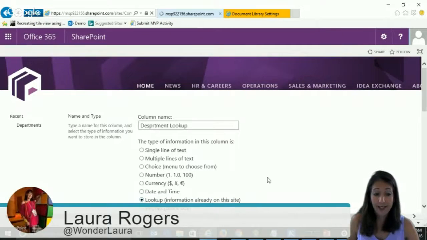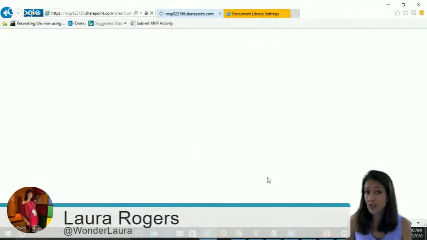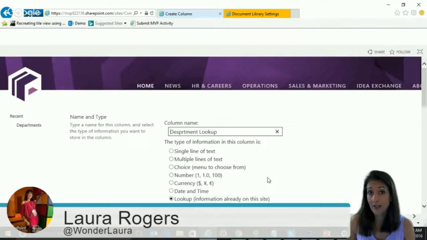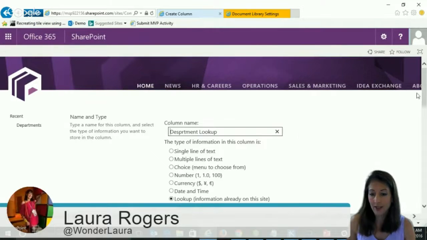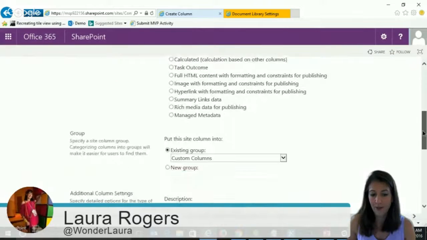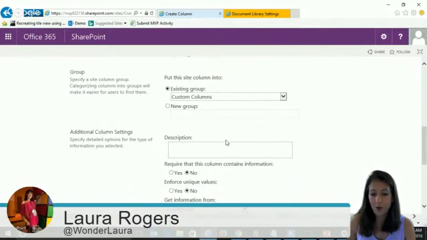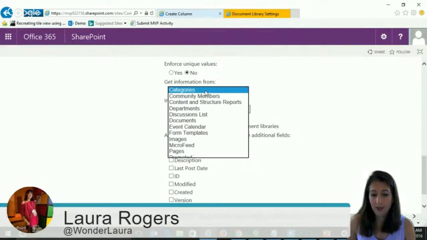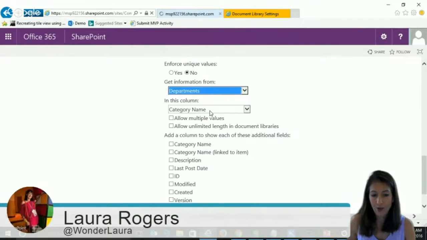And since I'm still at the root of the site collection, creating this site column, remember, you can only create a lookup to a list in the same site that you're in. So I'm still at the root level, so that way I can go to departments,